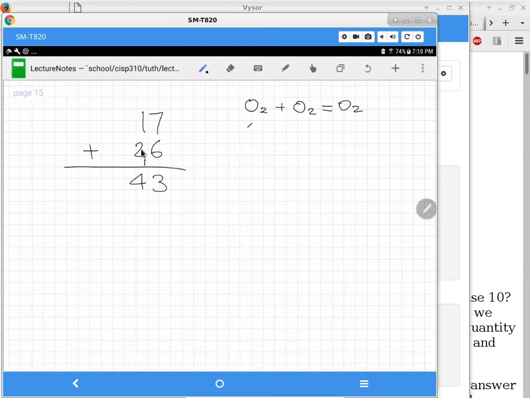Okay, what about this one? 1 in base 2 plus 0 in base 2 is 1 in base 2. Are you sure? Yes. Okay. 0 in base 2 plus 1 in base 2 is 1 in base 2 because addition is commutative. Okay, cool. So the only one that we really don't know how to express is 1 plus 1,